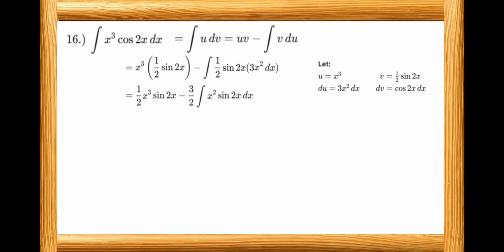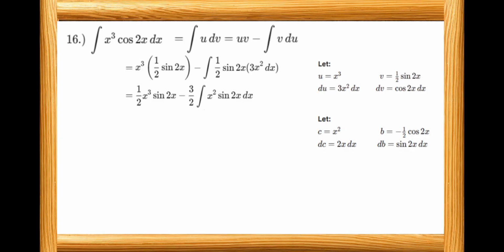By applying the constant multiple rule, we move the constant 3/2 outside the integral, leaving us with the integral of x squared sine of 2x dx to work with. So we have 1/2 x cubed sine of 2x minus 3/2 times the integral of x squared sine of 2x dx. In step 5, since our integrand still contains a product of two functions, we must perform a second round of